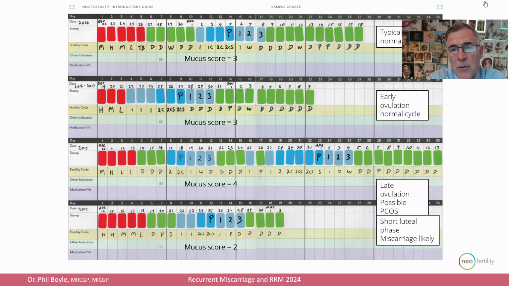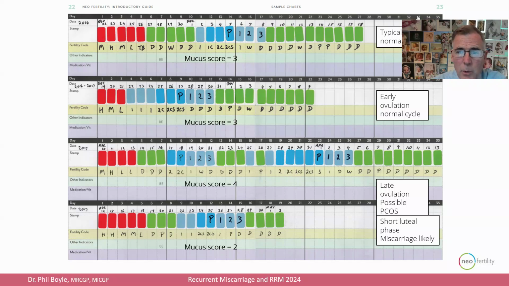Credit would have to go to Dr. Thomas Hilgers for being the original pioneer to come up with this idea through Creighton Model and NAPRO technology, which I worked in originally. And since 2016, I've worked in NeoFertility that we've developed ourselves. But other systems can now pick it up as well, depending on the level of training of the physicians. You can pick it up with your Billings chart, with your symptothermal chart, and the key would be the level of intervention that your physician will apply based on the information they receive.